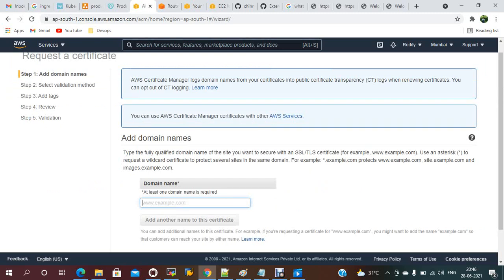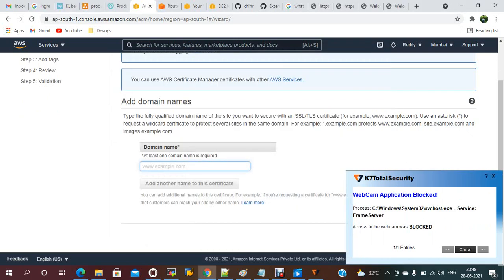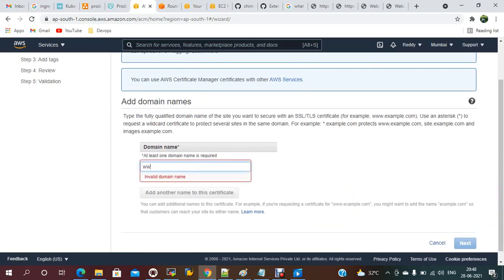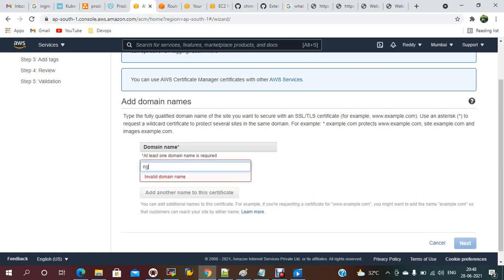My domain is something like www. My domain, one second. Now you just need to go to ACM certificate manager. You have to provide your domain name, www.bcreddydevops, or mine is nginx devops, right?